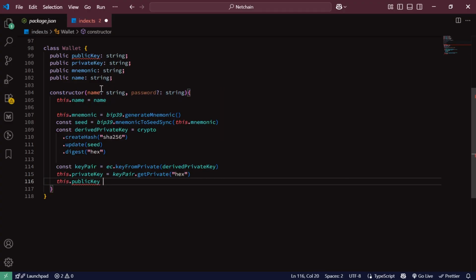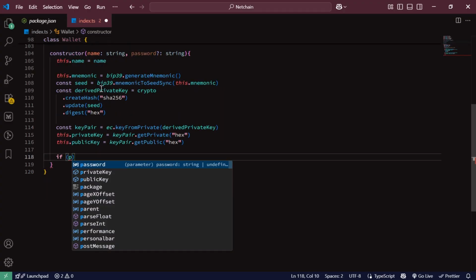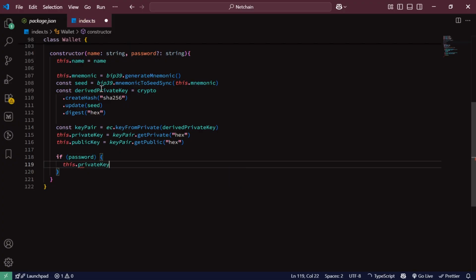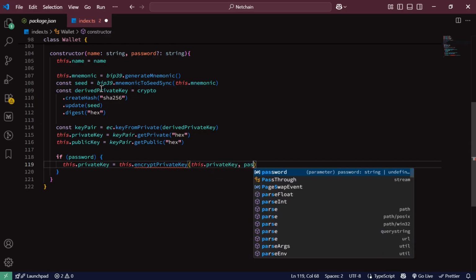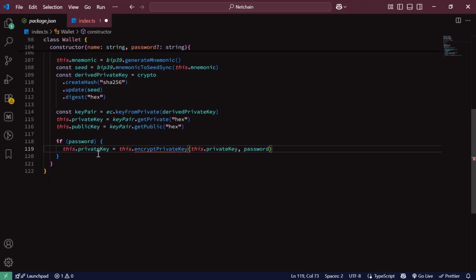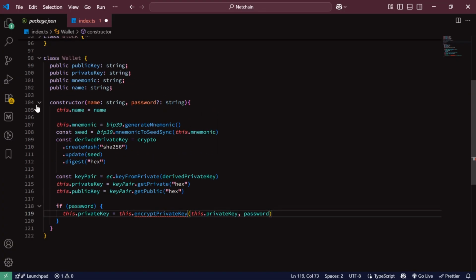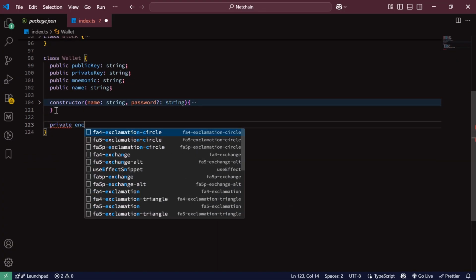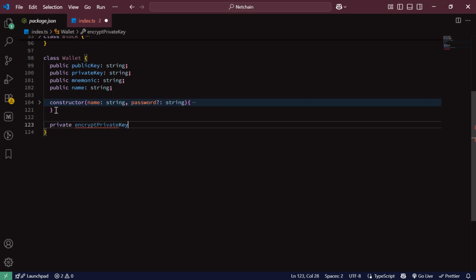I will also retrieve the public key from the key pair, but you should know that under the hood, the public key is derived from the private key using elliptic curve multiplication. Lastly, I will add an optional encryption where I will encrypt the private key with a password if a password is provided. Now, we need to implement this encrypt private key method, used for encrypting the private key with the